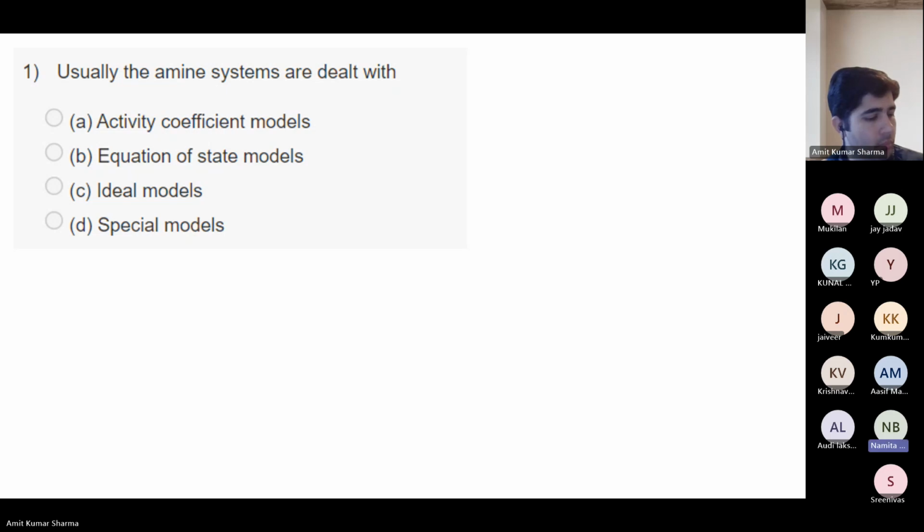Special models. Okay, any special reason for that? What is the reasoning behind your answer? I've used the Grayson model. Grayson model, okay. So that's why we are using the special models.